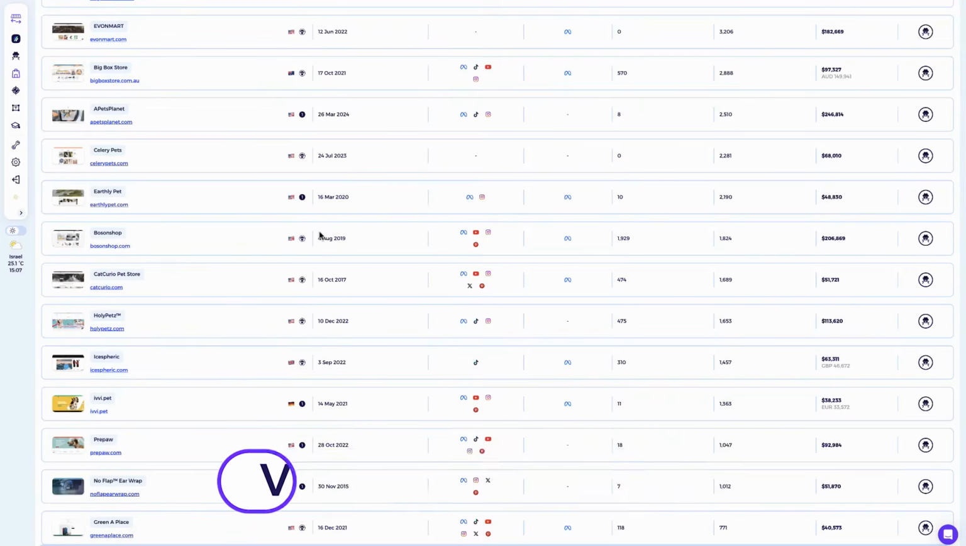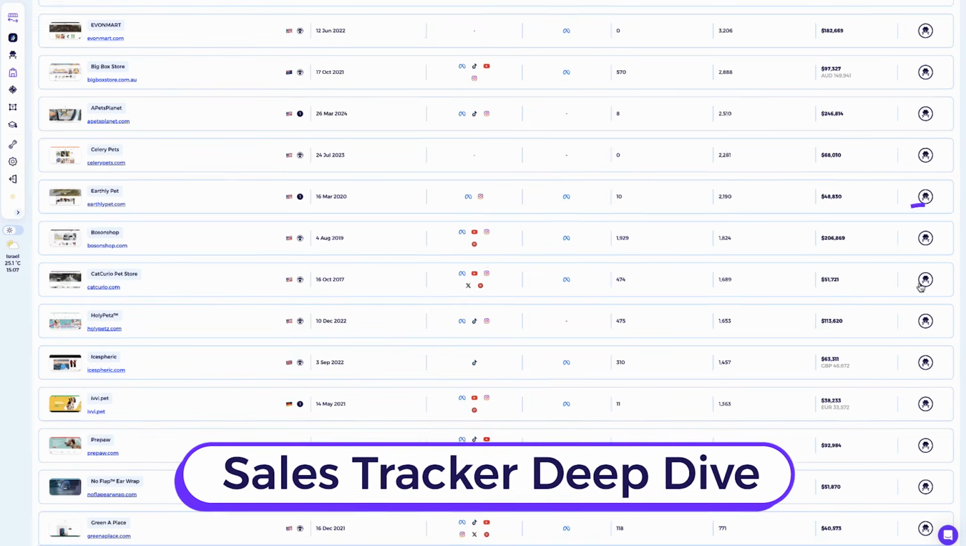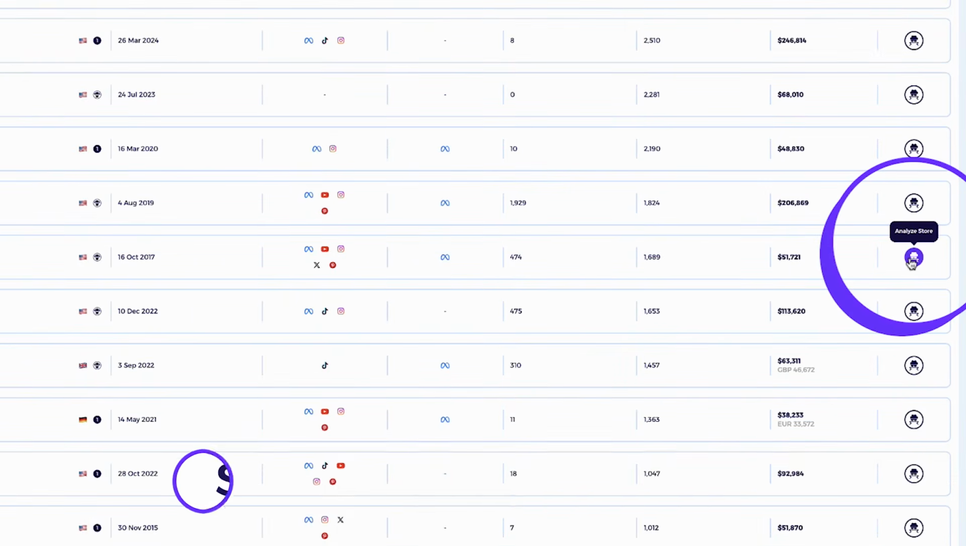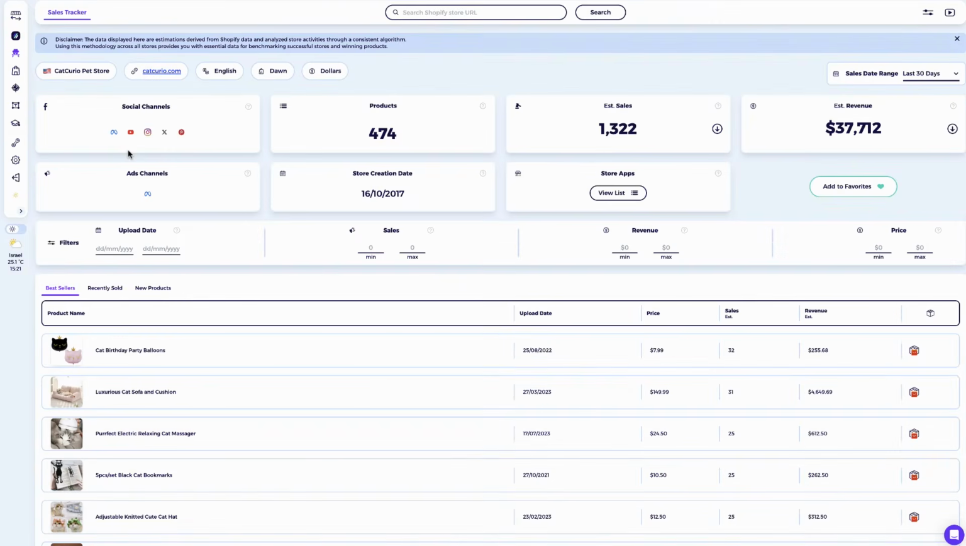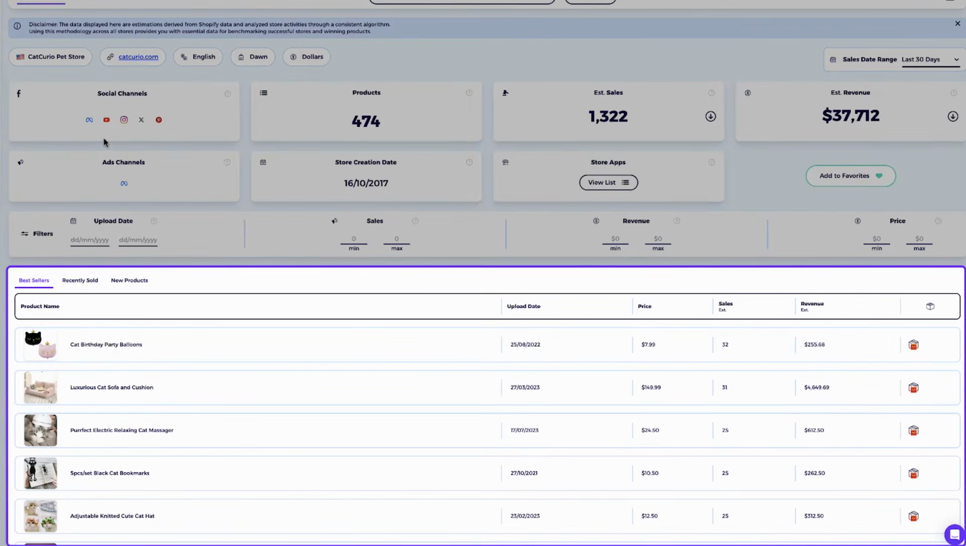To get a full picture of each store's performance, your analysis will be divided into two parts. Visual store review: open the store and explore it like a customer. Analyze the design, layout, product presentation, and overall branding. Sales tracker deep dive: click the spy icon to open the store sales tracker. This will show you detailed performance data that Shopify doesn't display, such as estimated sales, top performing products, and sales